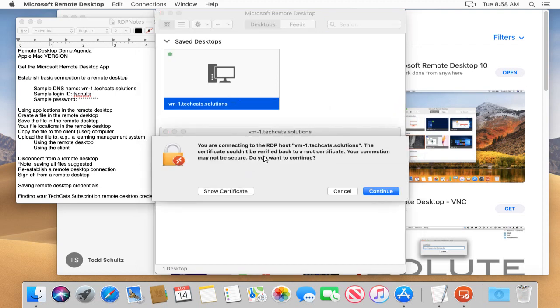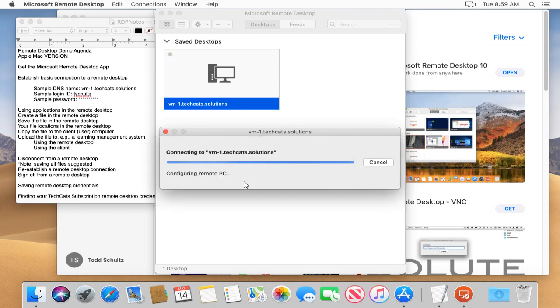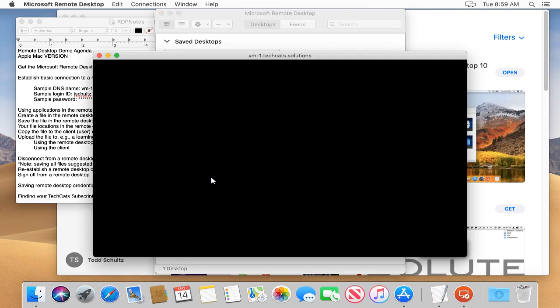Now when you first connect, every time it's going to say something about the certificate couldn't be verified. Don't worry about this. I actually even talked to Microsoft, and they said it's good to show people that, to realize they're connecting to a resource. The remote desktop can't do anything back to you. There's really no danger here, and getting rid of this is just a hard thing. So that's going to pop up, and just click continue, and it's doing some things, and after a little